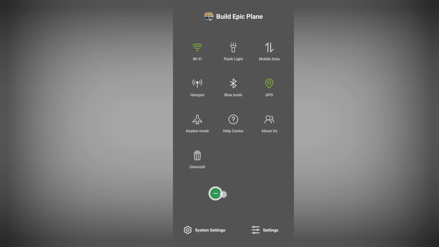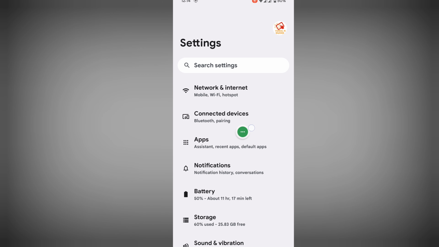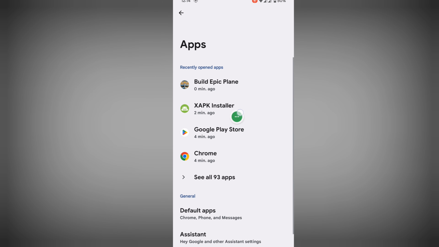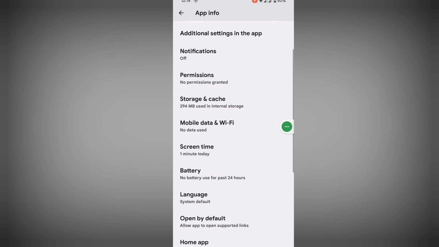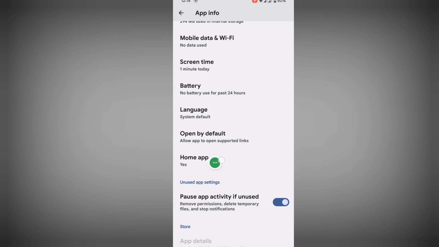then tap on system settings, then tap on apps, then tap on Build Epic Plane game. You can see that there is no uninstall option for uninstalling or removing. Scroll down, then tap on home app,